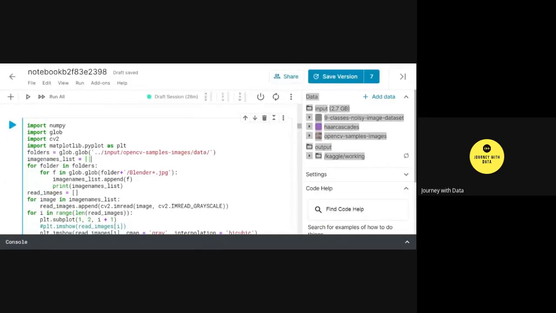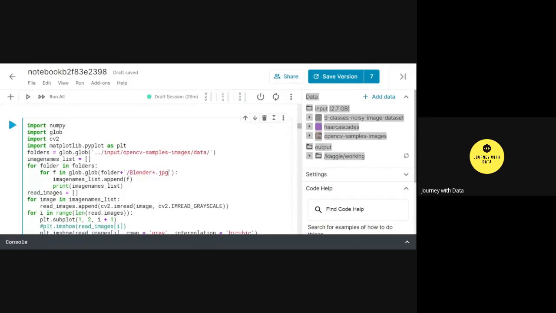Now I'm looping in these folders. There is a folder in this path, OpenCV images data. My code is looping through this folder, for folder in folders, or for i in folders, anything. Now, if you notice, I have a file named blender-star.jpg, meaning anything that begins with Blender.